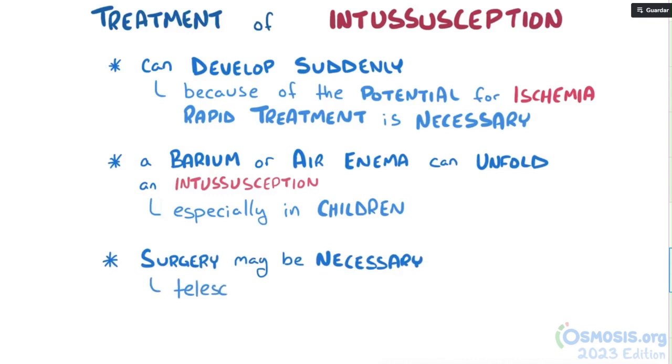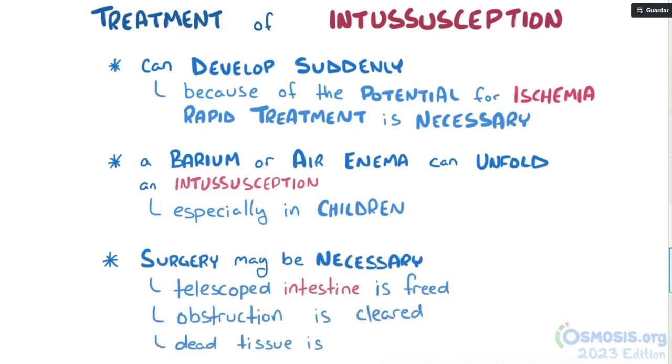During surgery, the portion of the telescoped intestine is freed, any obstruction is cleared, and any tissue that died is removed. Alright, as a quick recap,